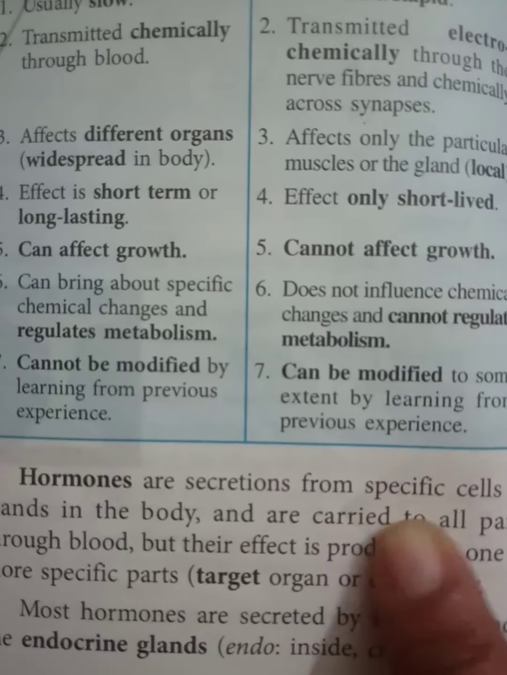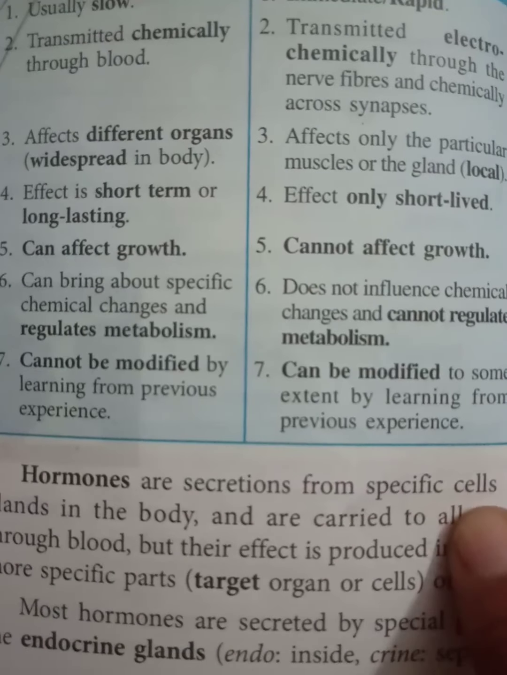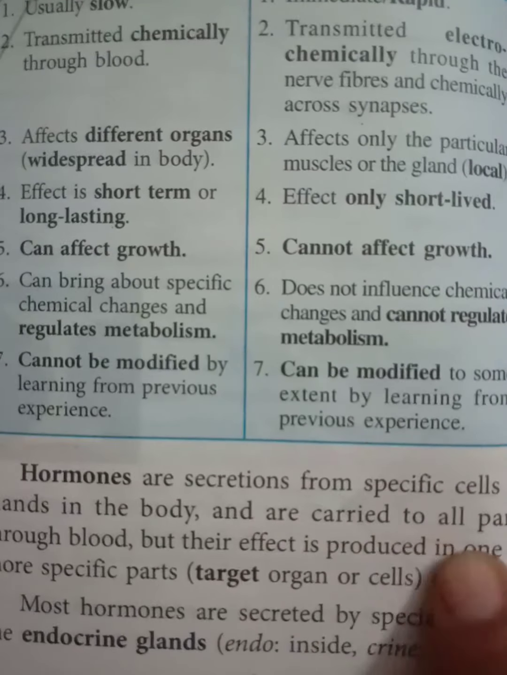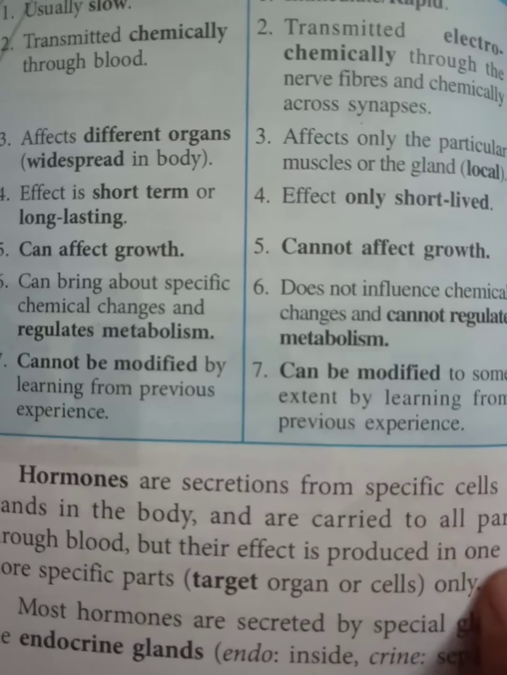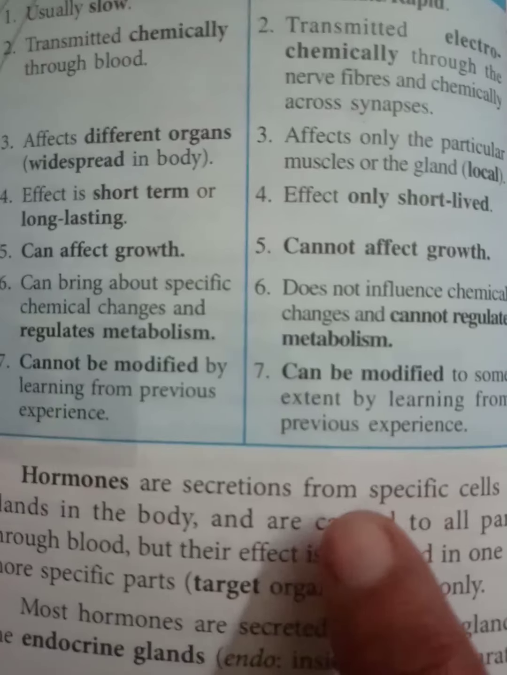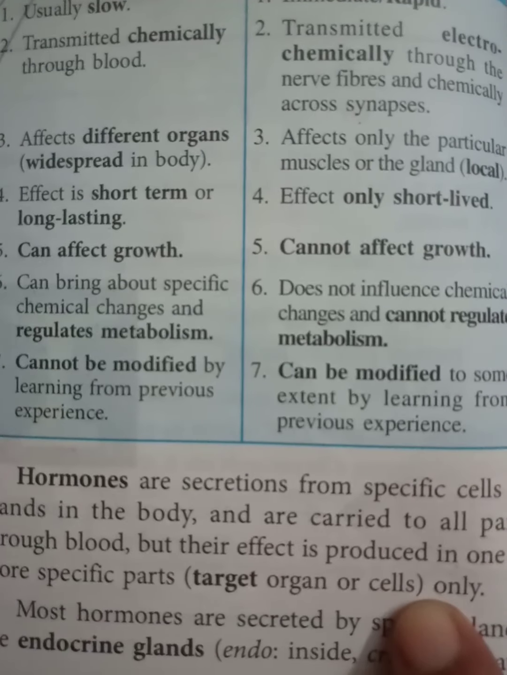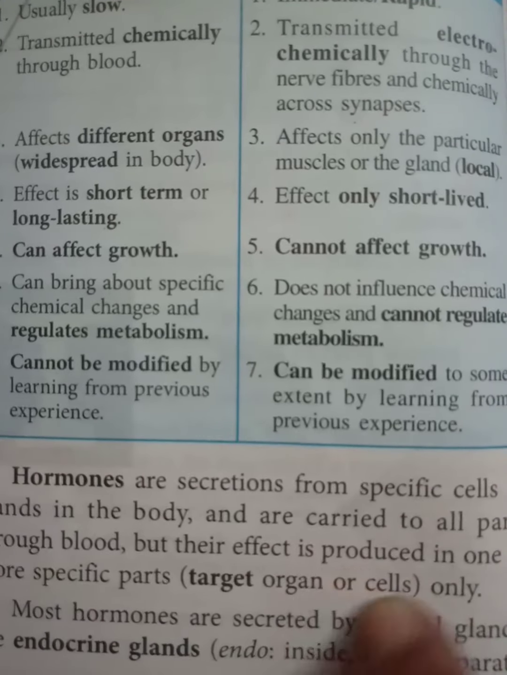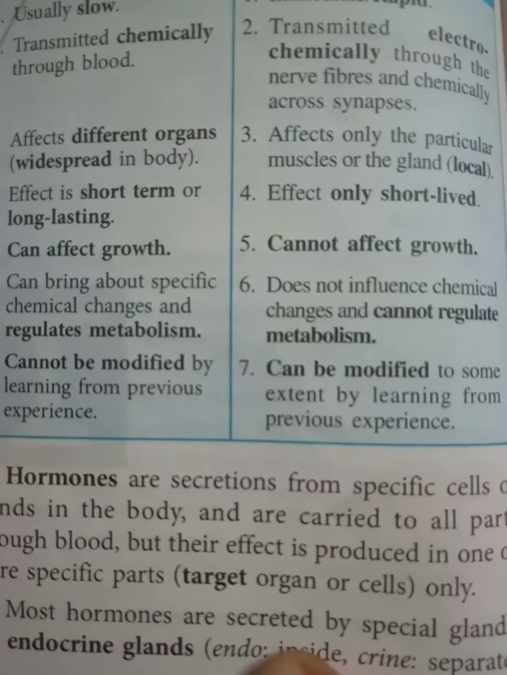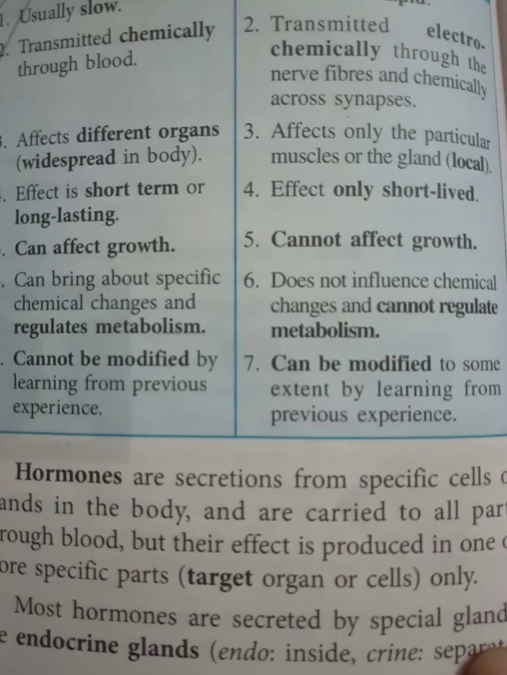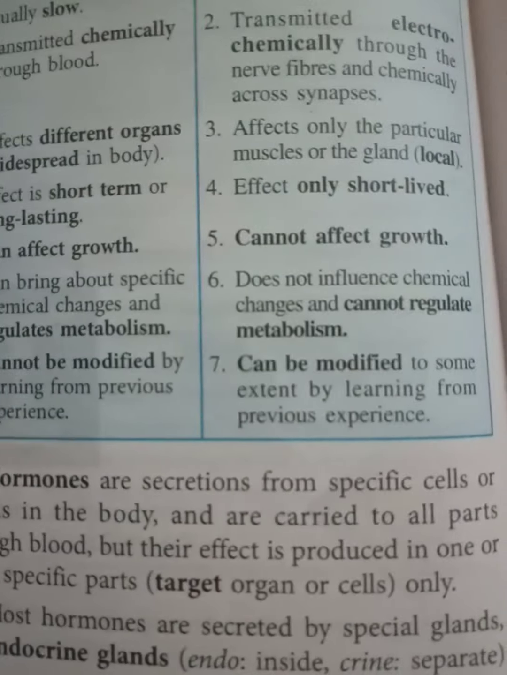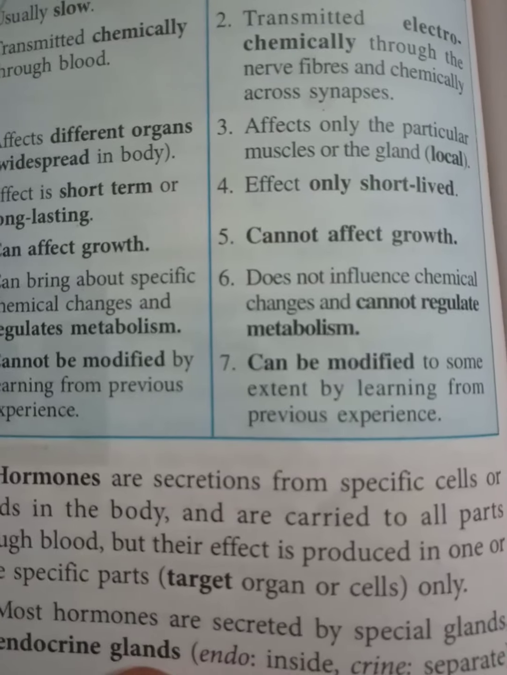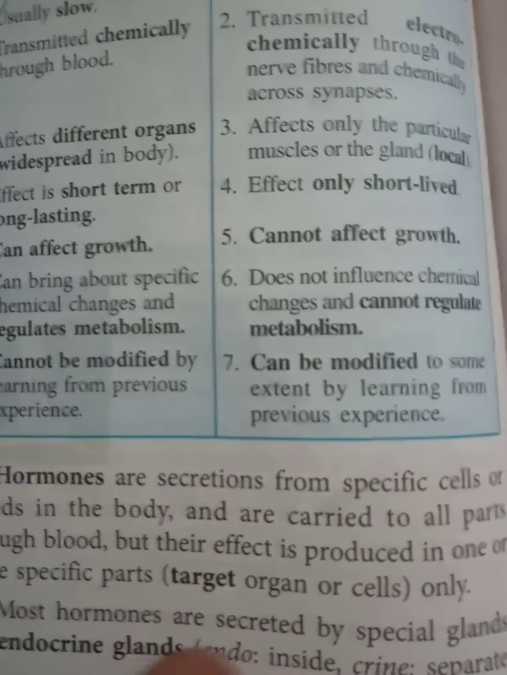So this is the definition. Hormones are secretions from specific glands or cells, and are carried to all the parts of the body through blood, but their effect is produced in one or more specific parts. Means hormones are reaching all the parts of the body via blood, but they are showing their effect only on target organs or cells. Most hormones are secreted by special glands, and those are called endocrine. Endo means inside, crine is separate. So endocrine means secrete internally,